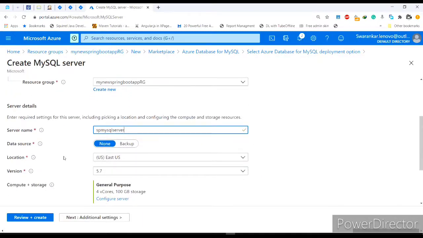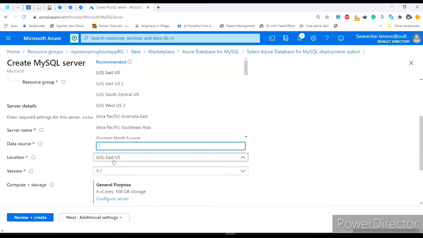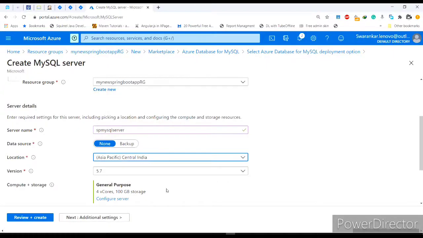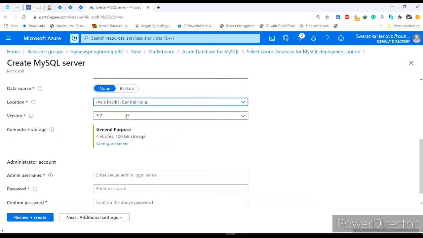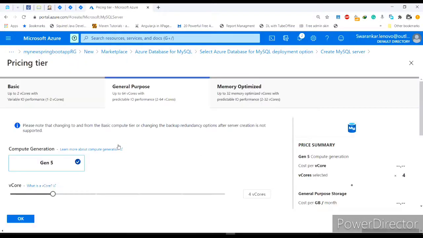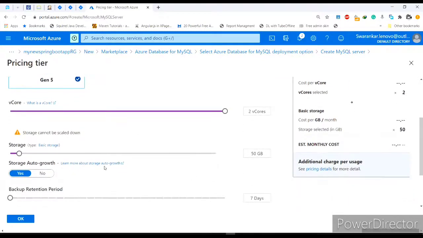Then I select location, so it is Central India. Then I choose the MySQL version, so it will be 8.0. Then I will select compute plus storage. I select the basic plan.